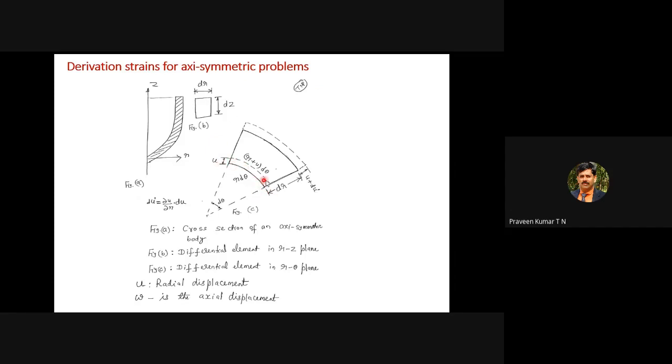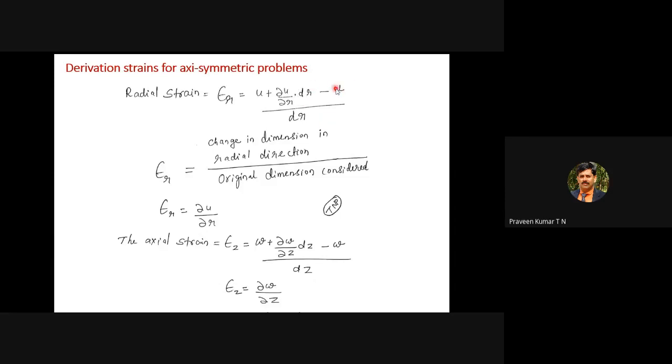The final change in dimension is x2 minus x1, or change in length delta L. The numerator refers to delta L, the change in dimension. This is the change in dimension divided by the original dimension, and u will get cancelled. dr will get cancelled. So finally we end with the deformation along the radial direction, that is epsilon r. Epsilon r, the strain along the radial direction, is given by del u by del r. The del u is the change in radius divided by the original radius, considering the small elemental strip, that is dr. dr refers to the original radius, and the change in radius is given by du.